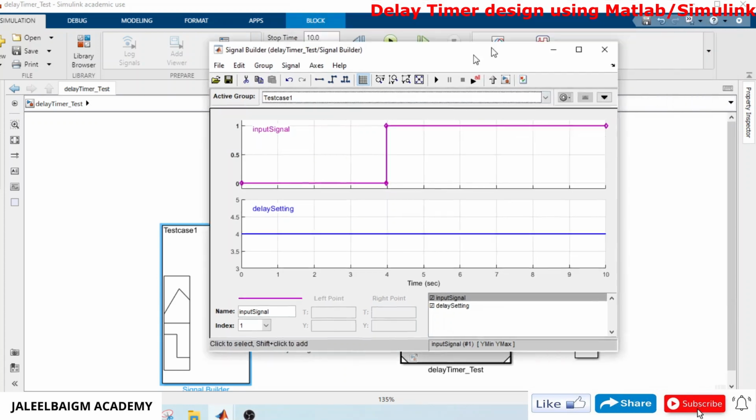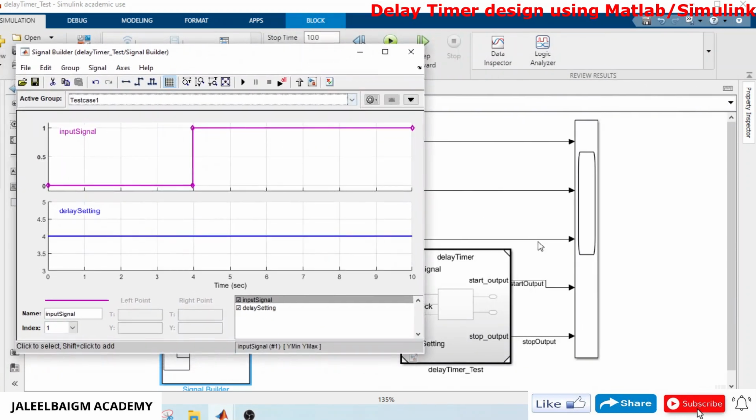The start output should go high at 4 seconds, and then it will start counting from 4 seconds. It is 1, 2, 3, 4, and then at exactly 8, the stop will go high from 0, so that the count has completed. Let me run the simulation now.